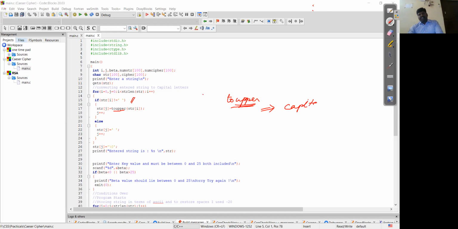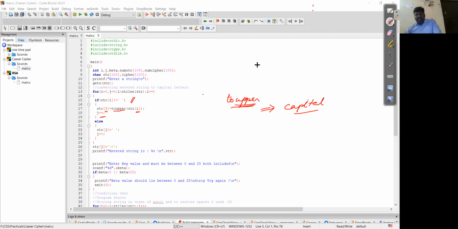This function is available in C, C++ as well as the Java language. This is repeated for all the j values. str of j is equal to the character present in the ith position, which is converted and stored in the position of j. Initially I'm setting i equal to 0 and j equal to 0.